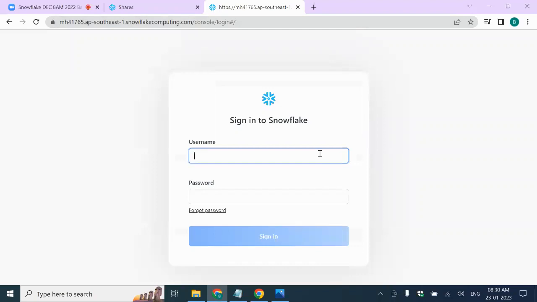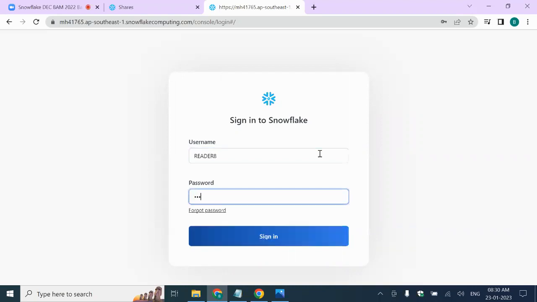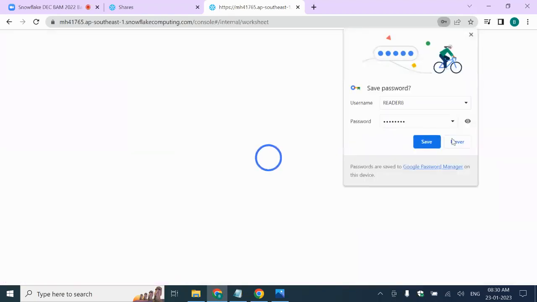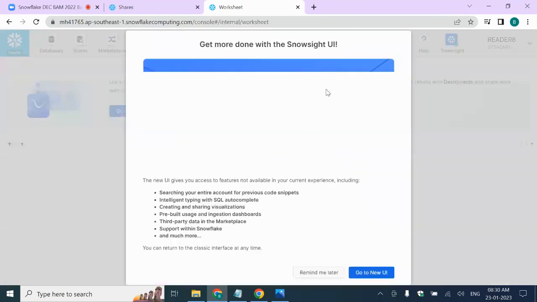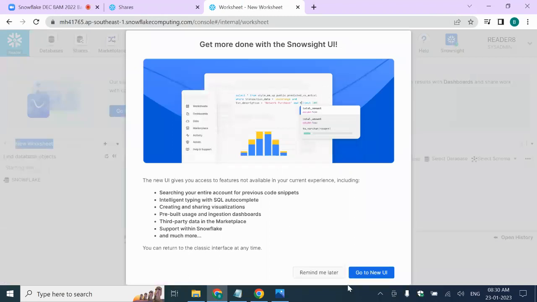We'll give reader 8, giving the password, and by default it came to